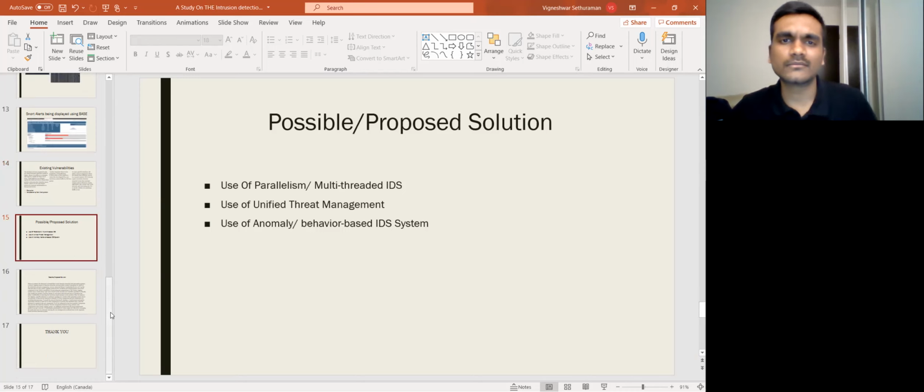So a few possible or proposed solutions are that we can use either parallelism or multi-threading. Snort is a multi-threaded engine, which means that it has more than one core in its CPU, so it can process traffic much faster and in an efficient manner. It is mostly preferred for signature based intrusion detection systems because if you have high network traffic where a lot of traffic is passing in and out, it's hard for the intrusion detection system to keep track of all the traffic